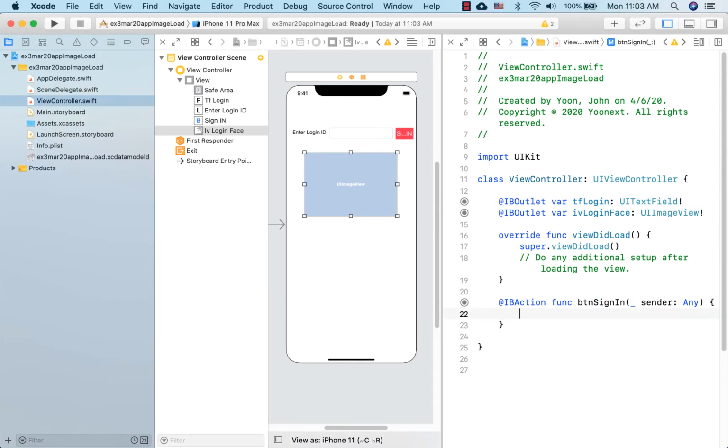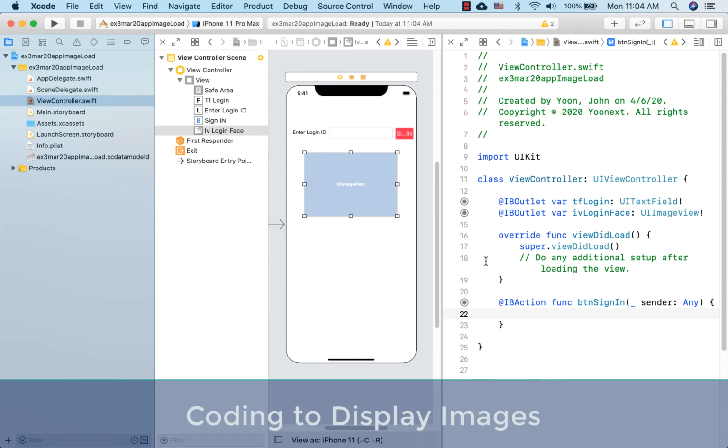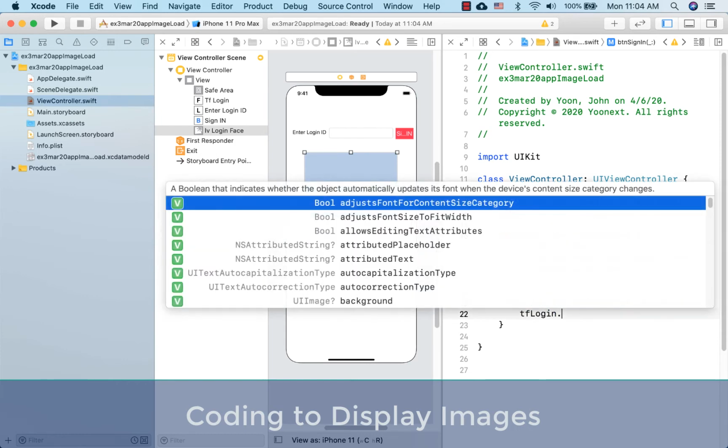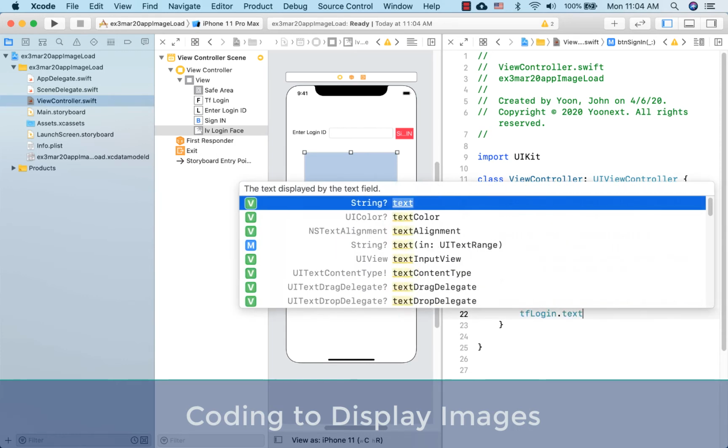So now code. The scenario here is this. When this application is launched, the user can enter a login, and of course password and role names. You can add more. And then finally, click on the login button. Then verify this user credential first. And depending upon the user credential, you need to display the images. So in this case, for simplicity, I would say this TF login, if that text,